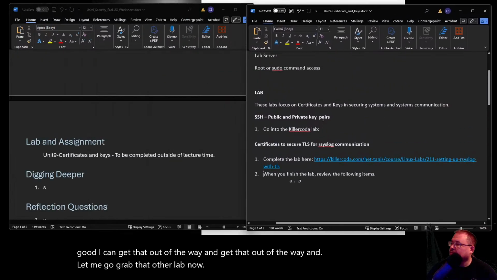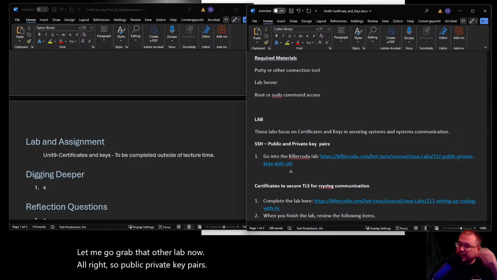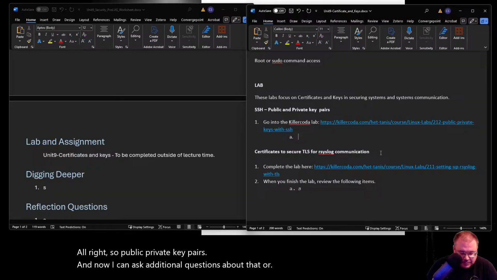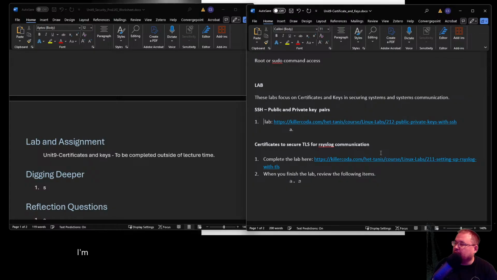All right. So, public-private key pairs. Boom. And now I can ask additional questions about that, or yeah, that should be good. I'm just gonna write it like the other one.